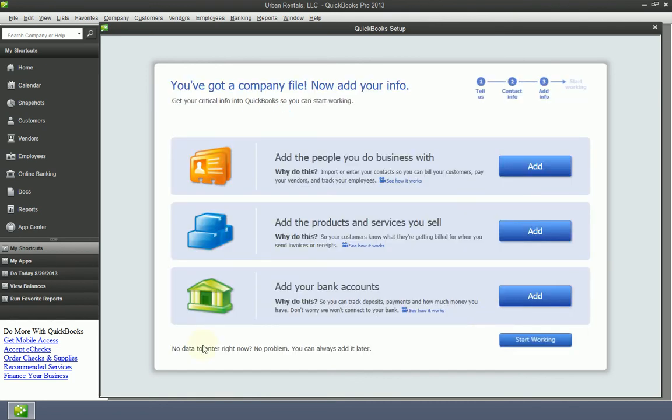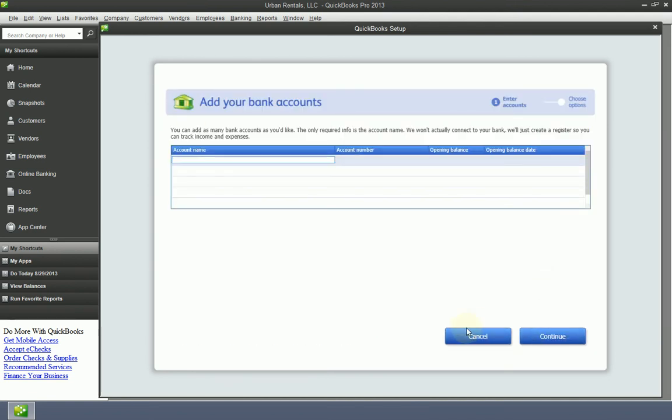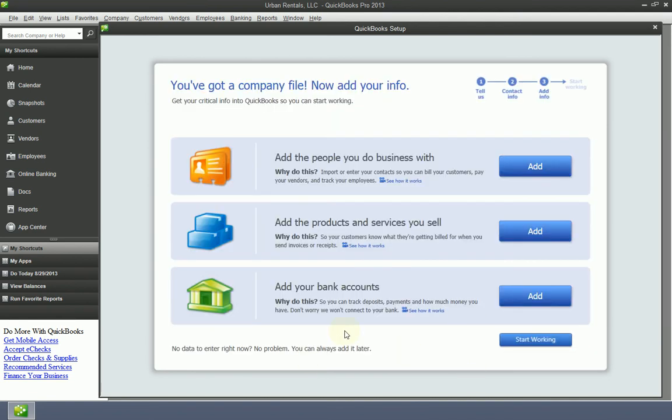We're gonna click cancel. Bank accounts, just go through here. Yeah, well, I'm not gonna mess with that right now either. So okay, that was kind of a waste of time. I'm sorry for doing that, but I wanted to see that. I wanted you to see that from an accountant's perspective, from my perspective,